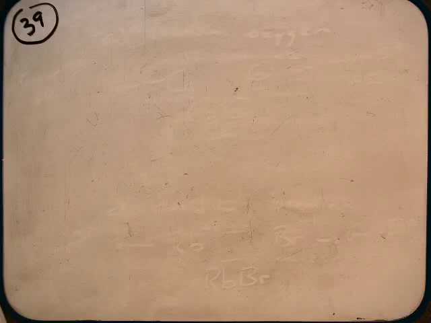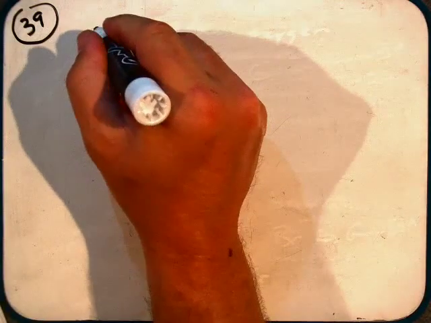Number 39 here in chapter 3 is just asking us for naming, nomenclature. And so we have a couple of ionic compounds, and we have to give the name for each one. And so for part A,